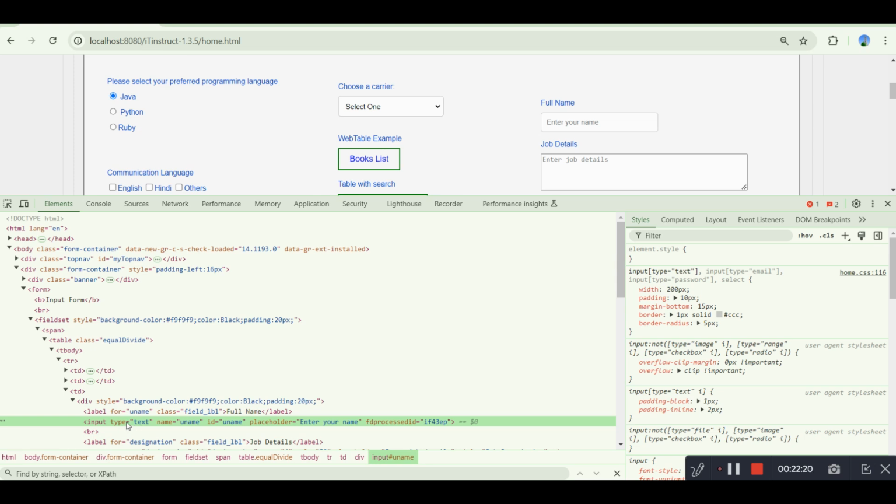Right here you can see we have type equal to text, name is equal to uname, id equal to uname. So there are multiple attribute keys and values, right? We have to find out which attribute we should go with. Before going to that, I want to show you how we can write the